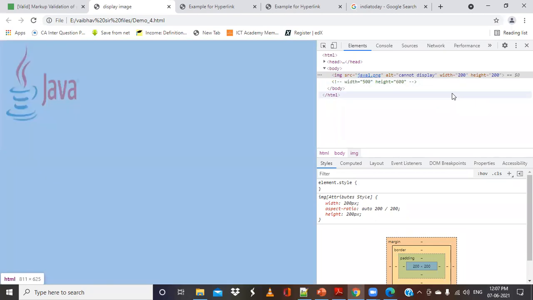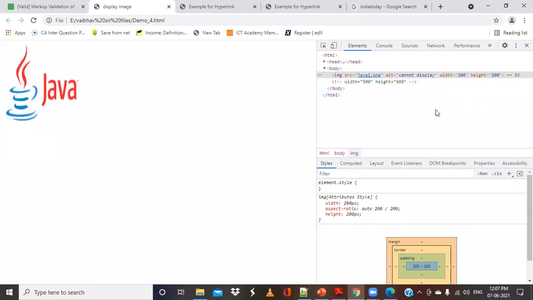Why do we use this inspect option from the browser? Because we are not so creative to know what the image size can be and how it will best fit, or how to make a more attractive web page.